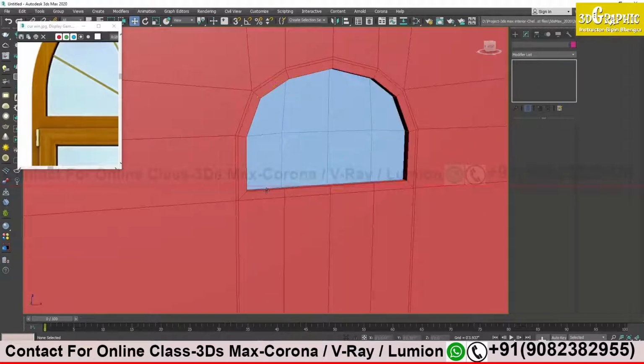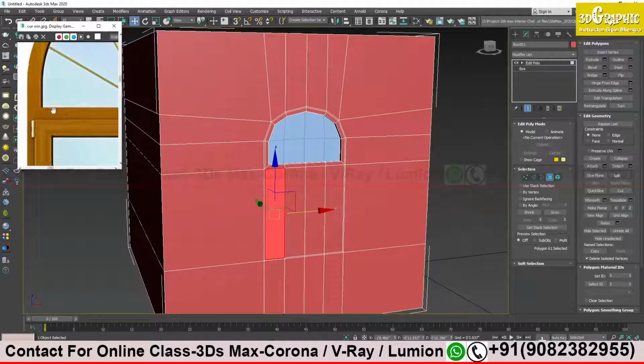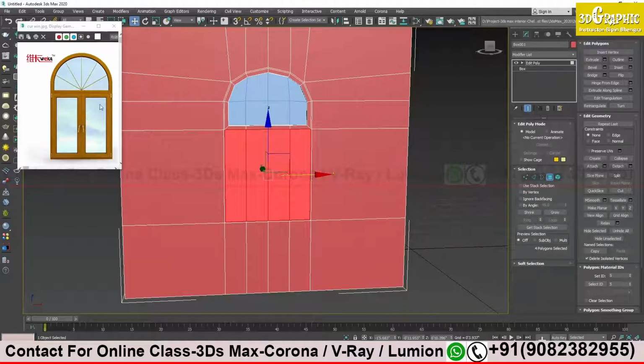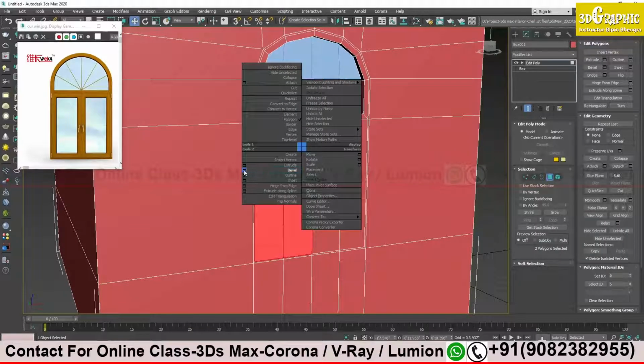Now the lower portion, again face, I will do the same thing for the lower portion over here. 1 2 3 4. Now 1 2 3 4. This one will be separated. It has two partitions, this one and this one. So I will first do these two and then these two, separately. I will repeat the same step as I did before. Just right click, go to bevel.